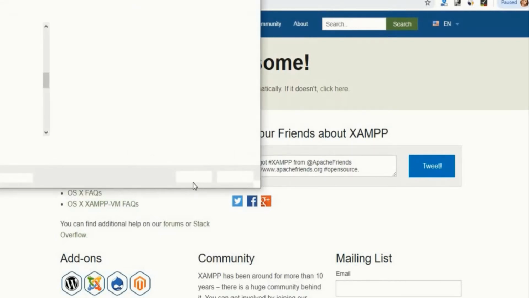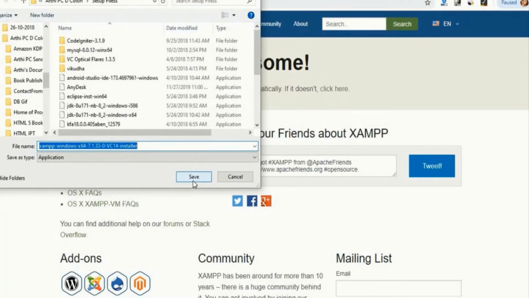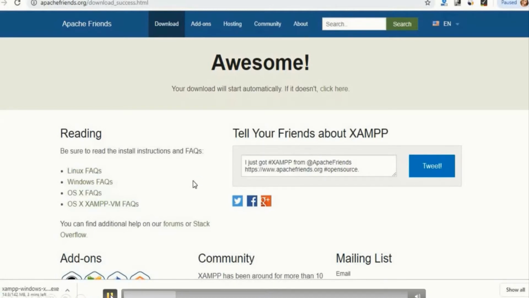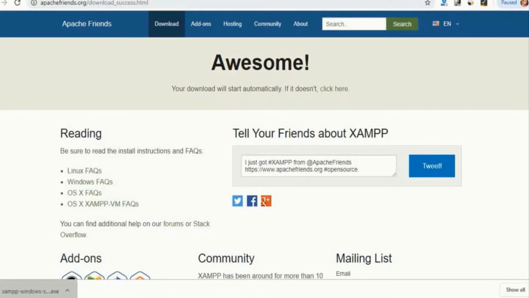So our file will get downloaded. It is asking for a location to save our file, right? I have chosen the location and clicked on save. Now our XAMPP file will be downloaded, right? I hope you are clear about the servers XAMPP and WAMP, right? XAMPP and WAMP are nothing but web servers which allow you to develop PHP-based web applications, right? Just wait a few seconds for your download to complete. Once it completes, double-click on your file to open the XAMPP installer and install it, right? Just wait for a few seconds.